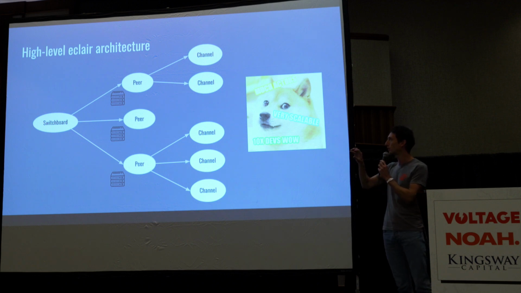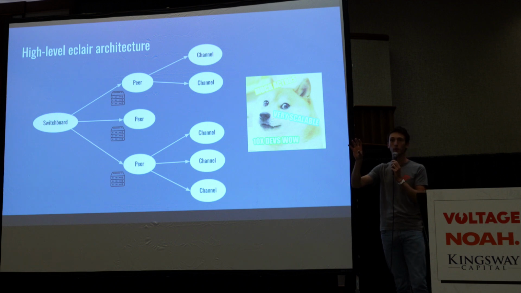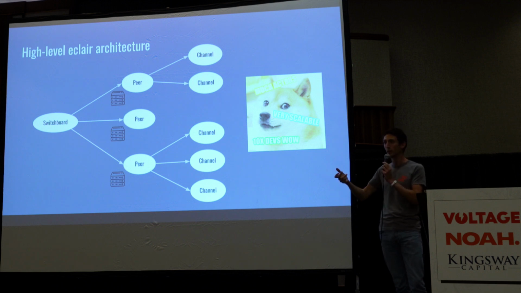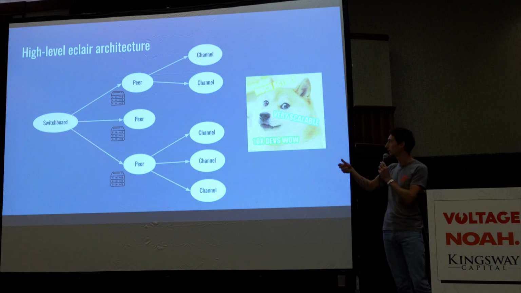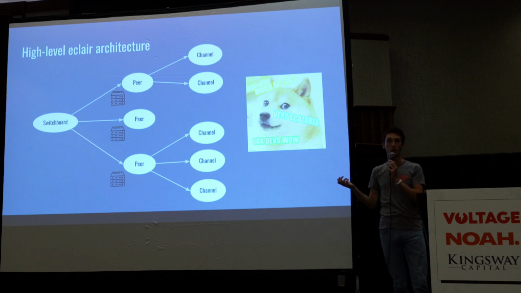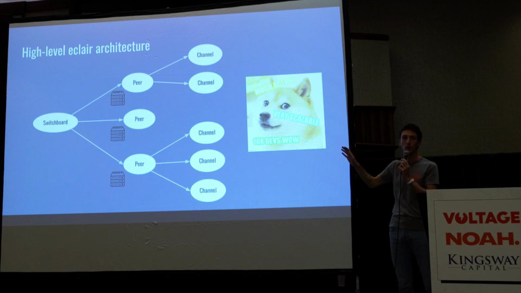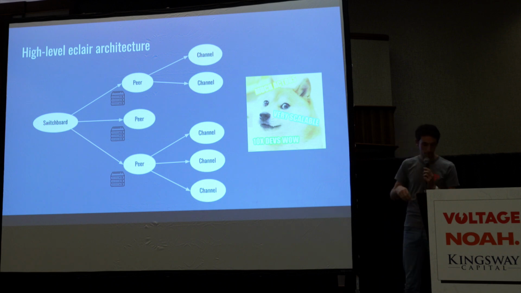So our high-level architecture is that there is a first actor that is a singleton that is called the switchboard, and that contains this routing map that routes requests to different peers. A peer is basically just a peer in the peer-to-peer network with a TCP connection to them, and they are children of the switchboard, and then each peer has a different number of channel actors. Whenever you have channels with a peer, those are children of that actor. And all of those don't have to be on the same machine. They can just be anywhere, basically.